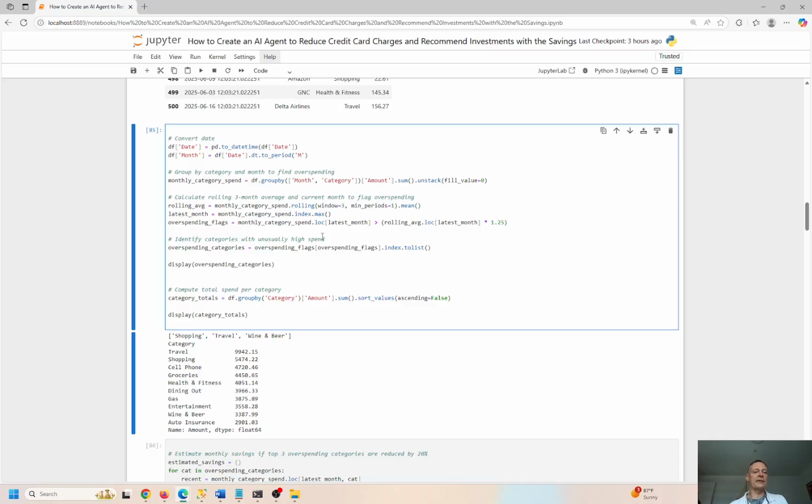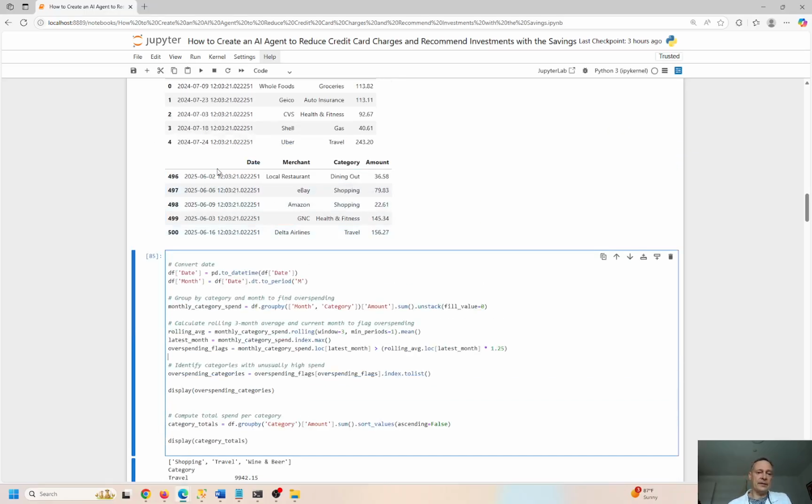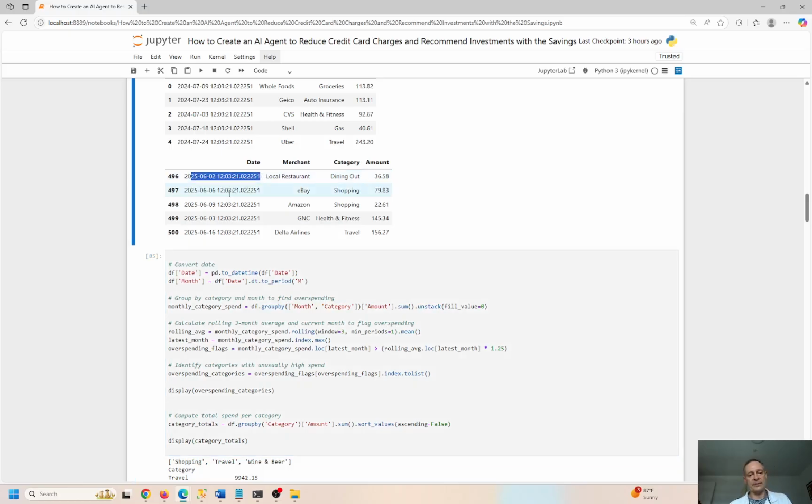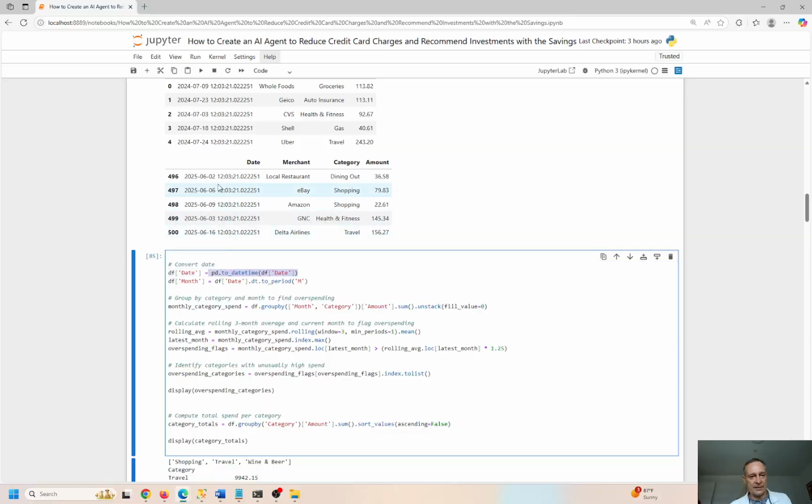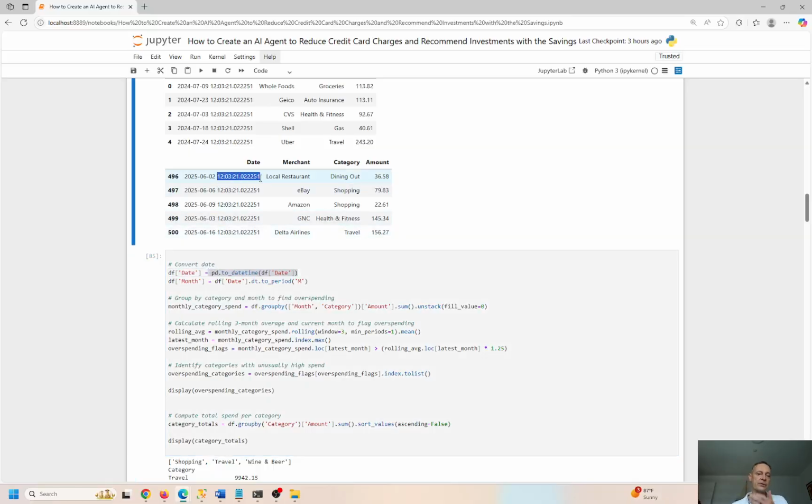So as good practice, I'm going to convert the date into an actual formal Python designated date. Like this is actually a timestamp. This is date and time, so that's okay. We can work with this. I'm going to create everything into an actual date. So we're kind of going to drop off this stuff right here. Now, this could be useful in some scenarios. In this case, I don't need the timestamp necessarily. In some cases, if you're doing like a time series analysis throughout the course of the day, you might need that. In this case, we don't really need that.